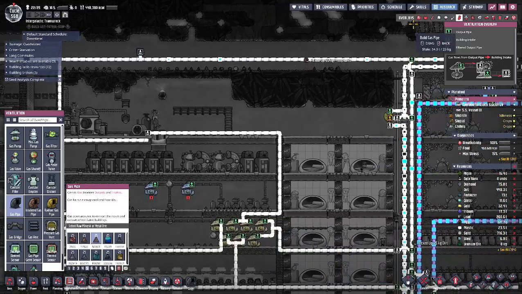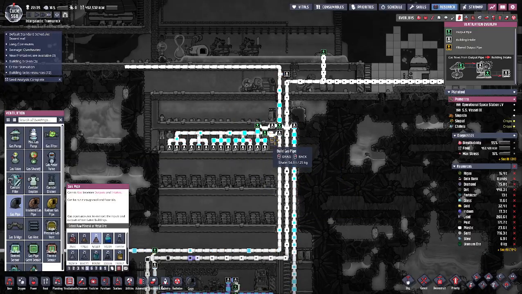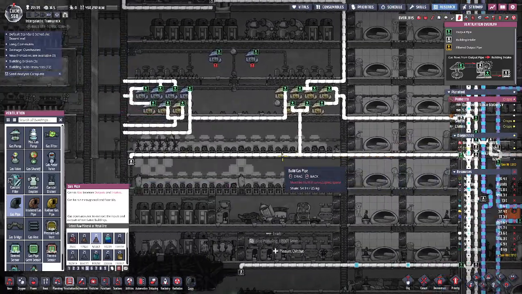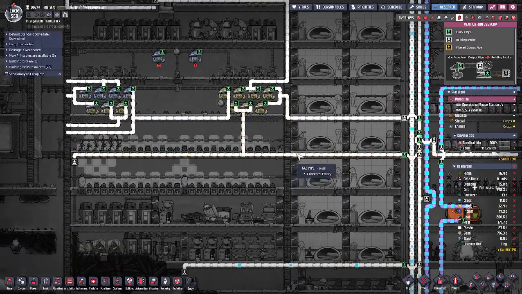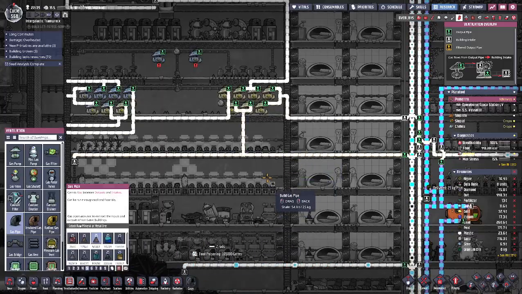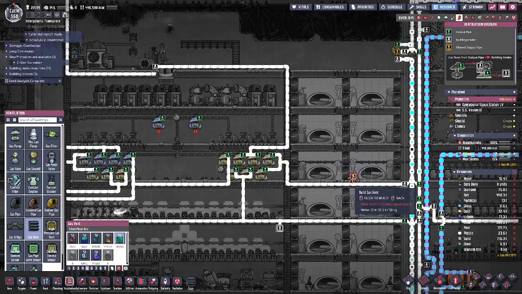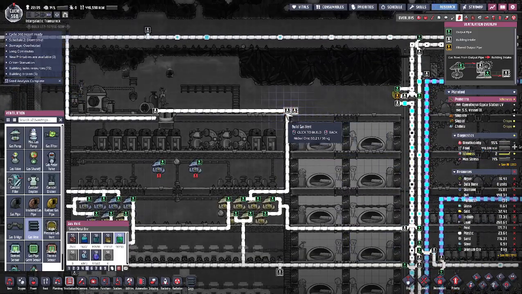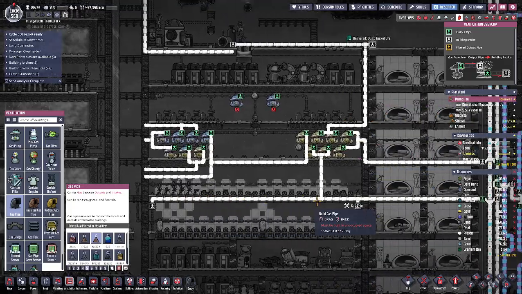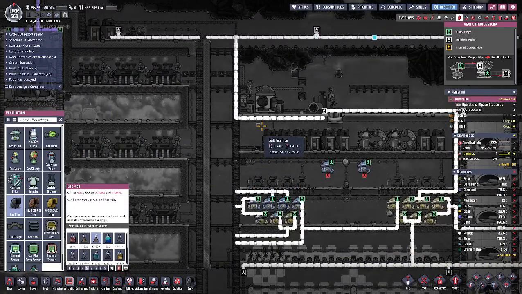So, we're going to have some oxygen going up this way, which will help feed into the atmosuits and do some of that kind of work. We should probably even put in another gas vent. Or two. Okay. So, the right-hand side is feeding back into the base. The left-hand side...